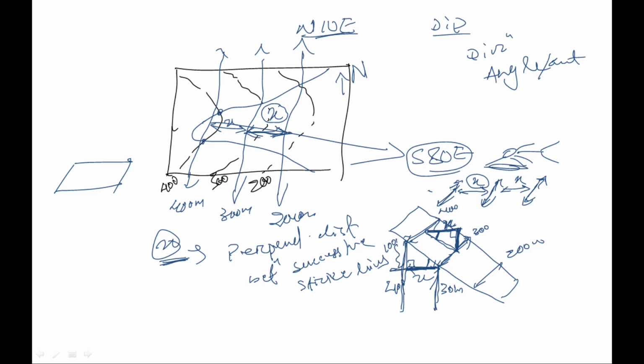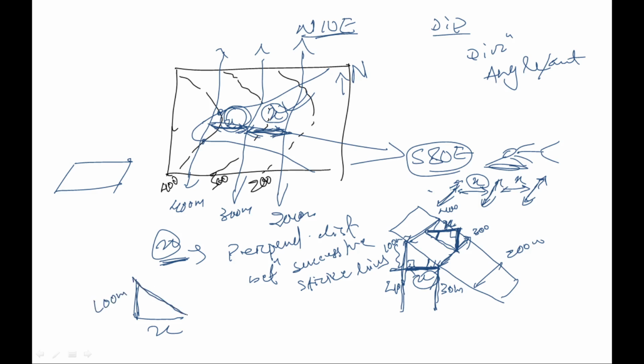There is a vertical difference of 100 meter, and the horizontal distance you have measured is x here, between 400 and 300, or 300 and 200, right? The horizontal distance is at a right angle like this. This is x. The vertical difference is what? 100 meter, right? Then this is the bed.